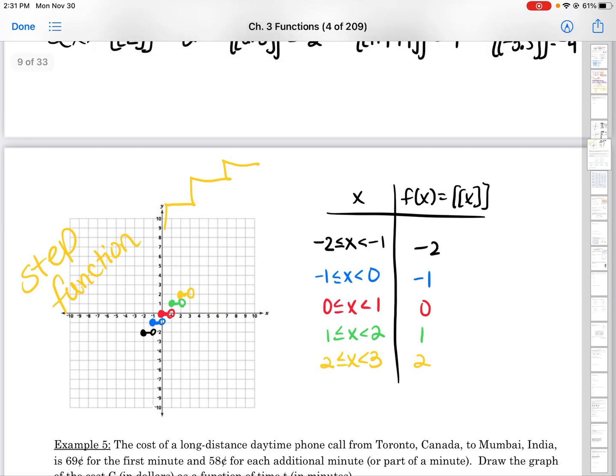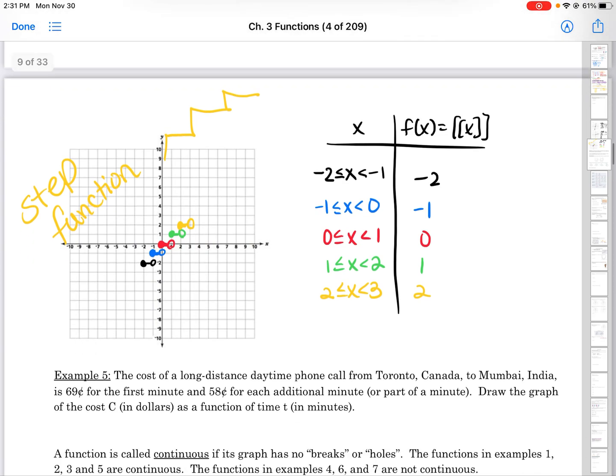Okay. All right, so let's take a look. This next one is